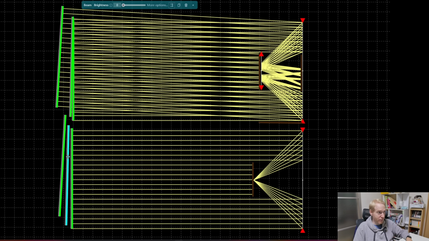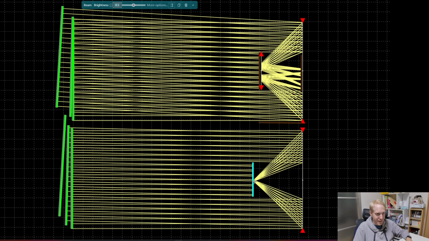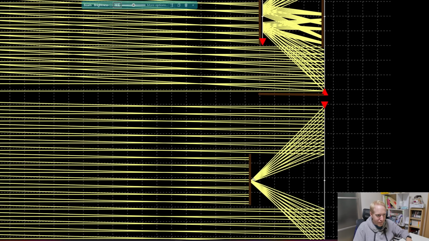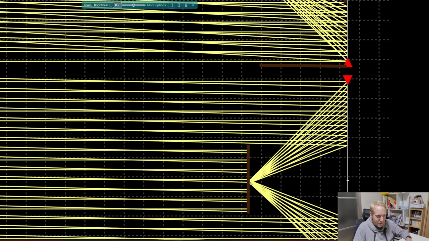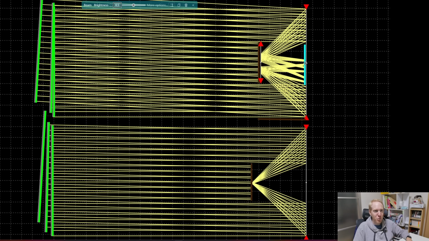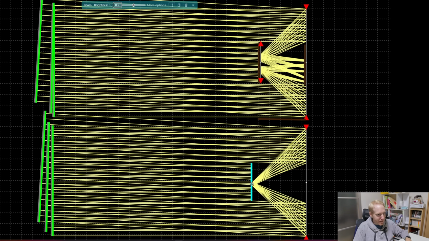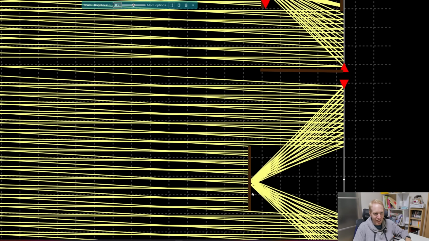If I add the second star, which is exactly the same angle as the one above, you can see it also gets focused, but it's focused almost at the same point. We can see a slight separation between those two stars. So compared to having focused the light at the back of the telescope, we are now really zooming out quite a lot on this particular telescope. And then it is the third star, and the same story. We can see that there's some separation between the 3 stars on our camera sensor, but we are really zooming